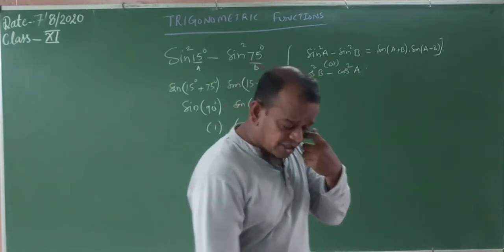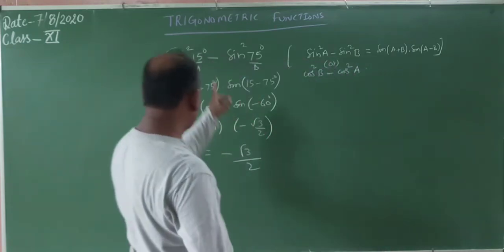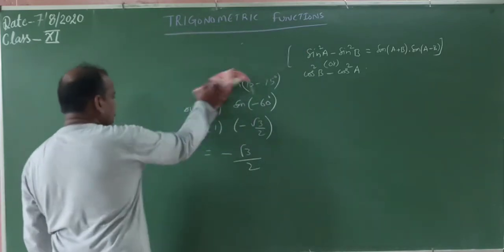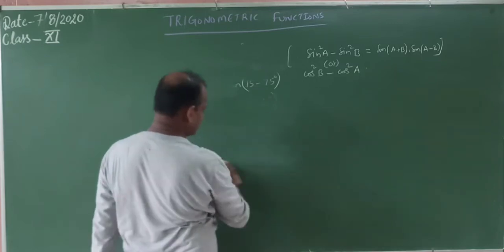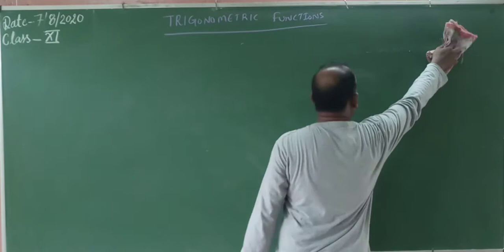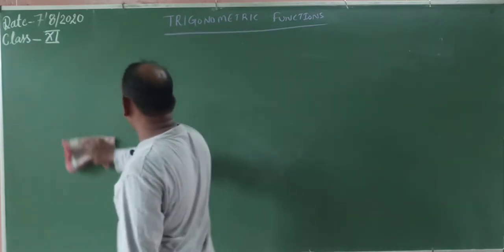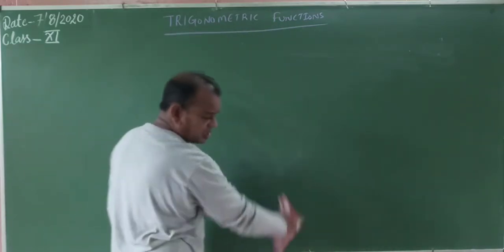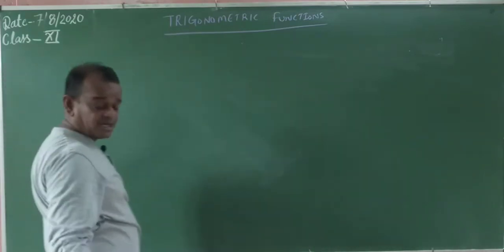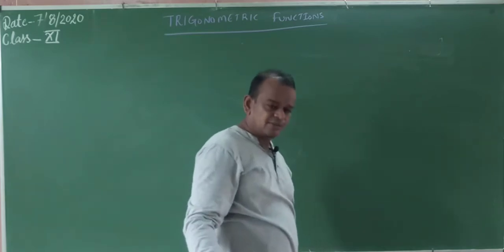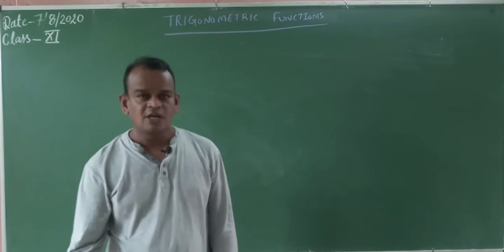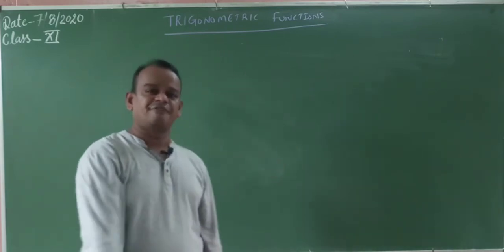Now, you know the trigonometric ratios. Already before we found the components: sin of A plus B, sin of A minus B, cos of A plus B, cos of A minus B. Now observe, what is the formula of sin of A plus B? Now transformations: the sum or difference of two trigonometric functions will be converted into their products and vice versa. Product will be converted into the sum or difference.